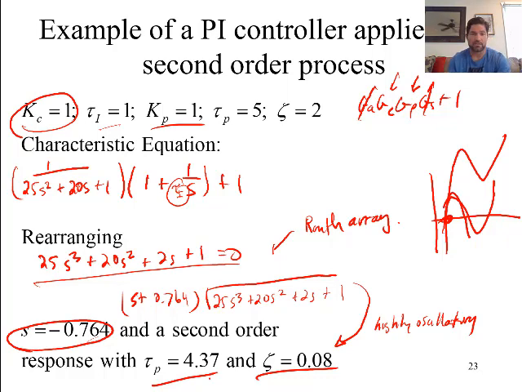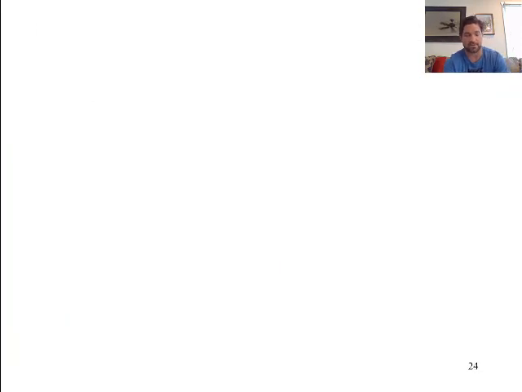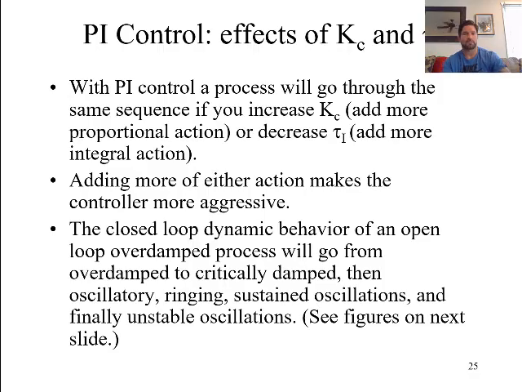And the point is, with the characteristic equation, we can determine the dynamics of the process. Based on understanding what some of these characteristics are, we can determine what values make the process go unstable or have oscillations or other types of dynamic behavior. Okay, so we know that